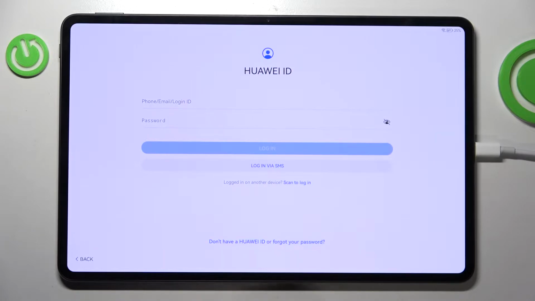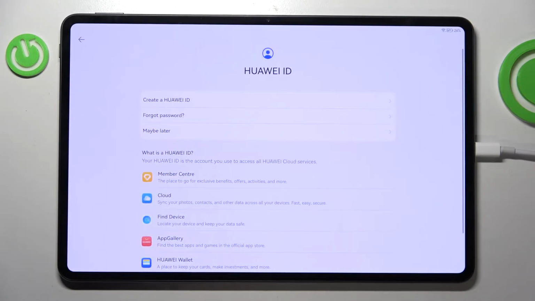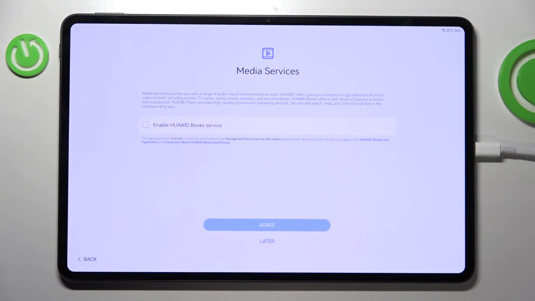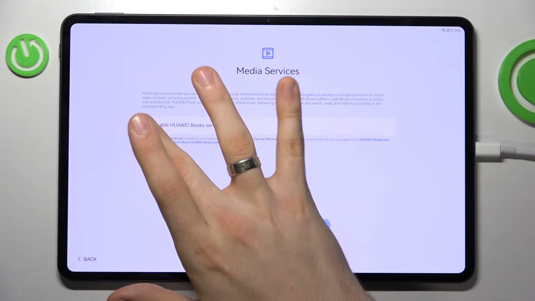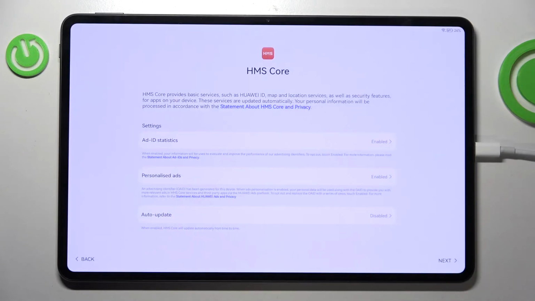Now HUAWEI device asked to enter HUAWEI ID. I will log in into HUAWEI after setup process. So now I just want to click Don't have HUAWEI ID and maybe later. Leave. Cool. Now you can choose Enable HUAWEI Books Service to use HUAWEI Books Service. Then click Agree,